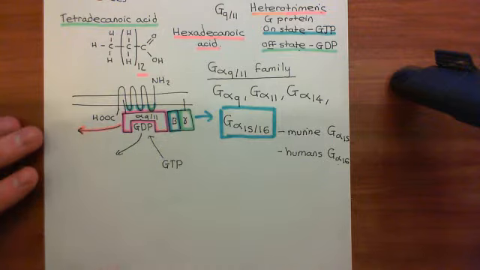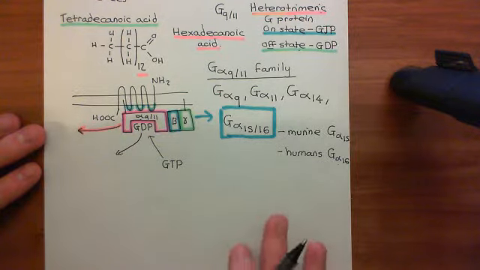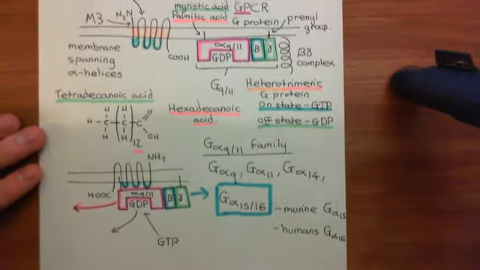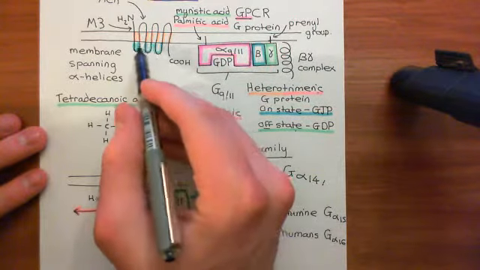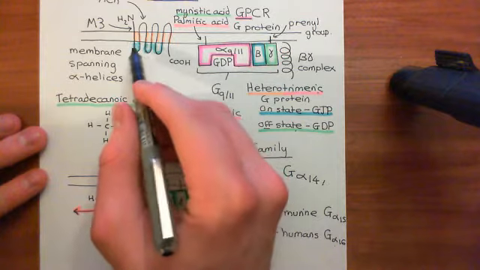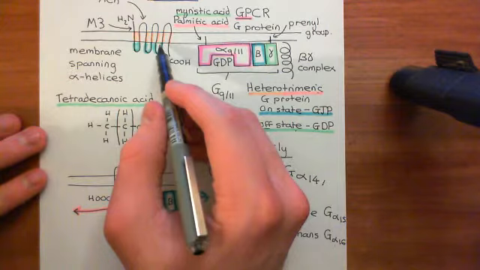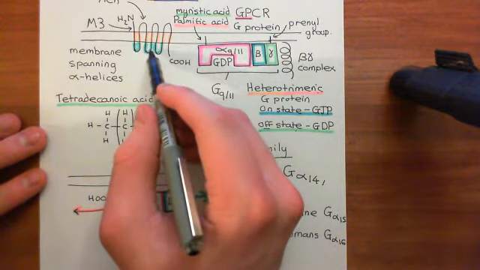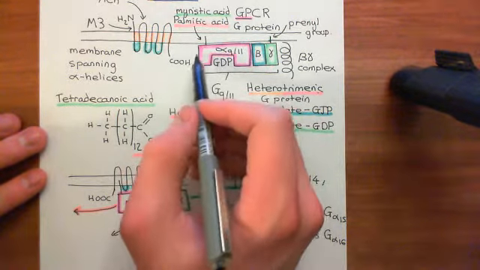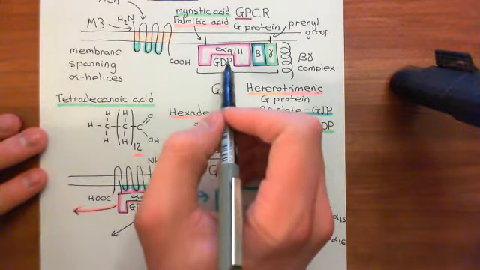Right, so the example of a receptor that we are looking at is the M3 muscarinic acetylcholine receptor, the endogenous ligand for which is acetylcholine. Okay, so we've discussed that when acetylcholine binds to that M3 muscarinic acetylcholine receptor, you'll get a change in conformation in the M3 muscarinic acetylcholine receptor, specifically in these three intracellular loops that we have on the cytoplasmic side of the membrane. These will change conformation and make available a binding site for the alpha subunit of the heterotrimeric G